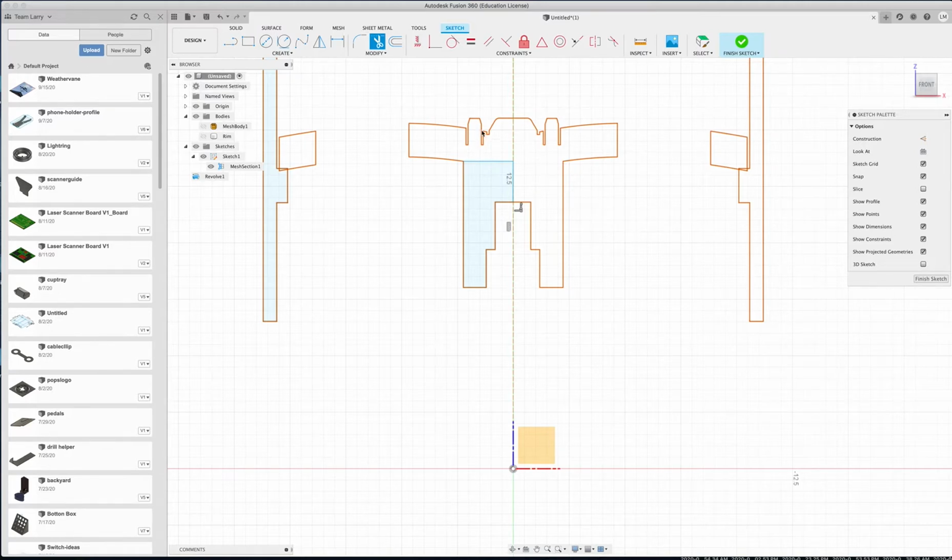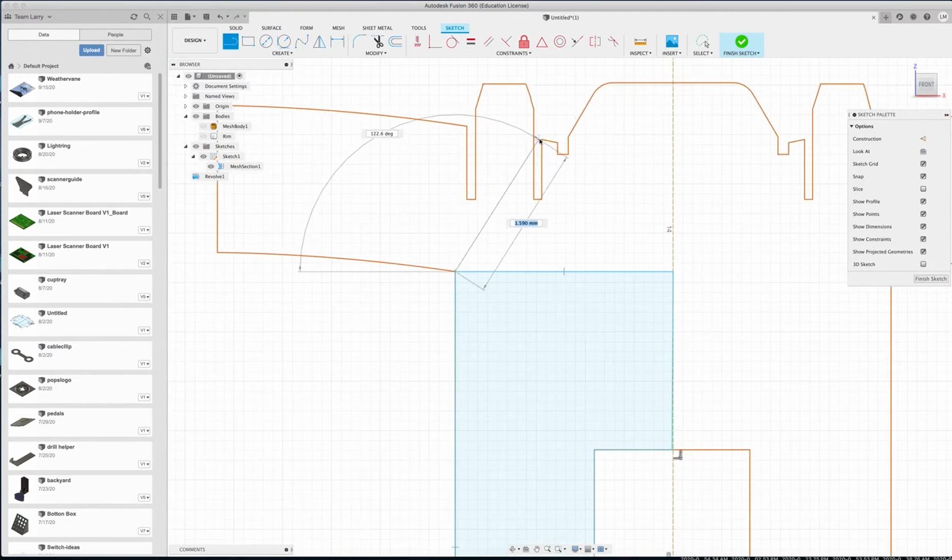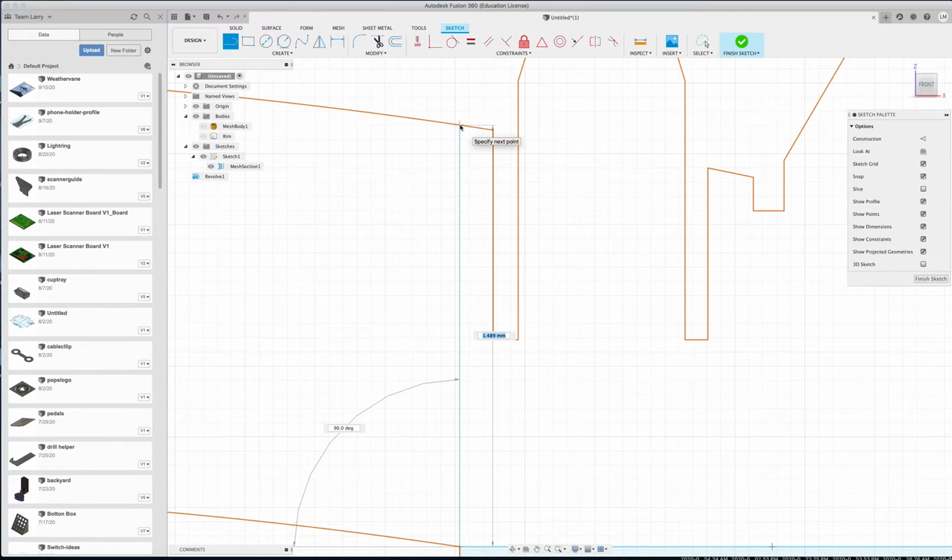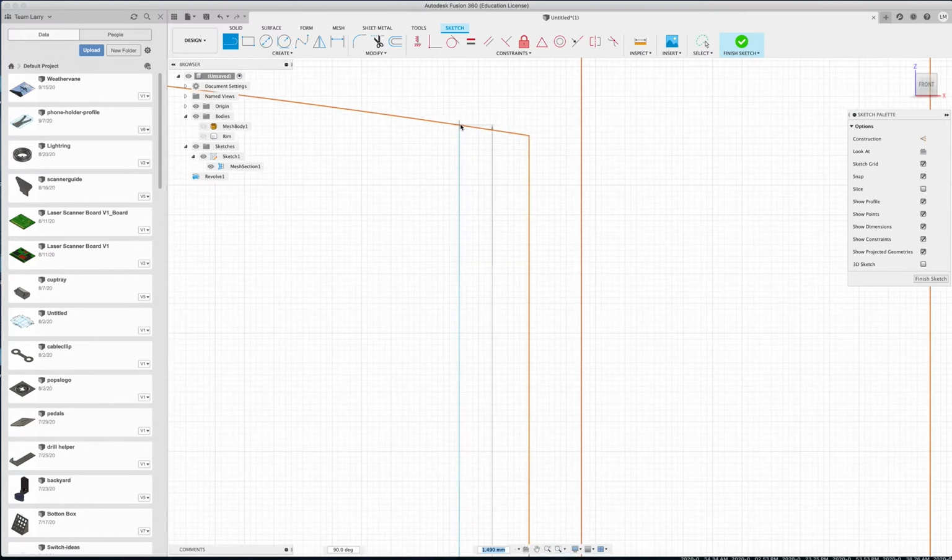You know, we have to decide, is that little piece right there a curve or is that a straight line? For the sake of this, we're going to assume that dude is a straight line. And so what I'm actually going to do now is I'm just going to use the regular drawing tools. I'm going to say line, and then I want to pick a point on this if I can, because we can actually